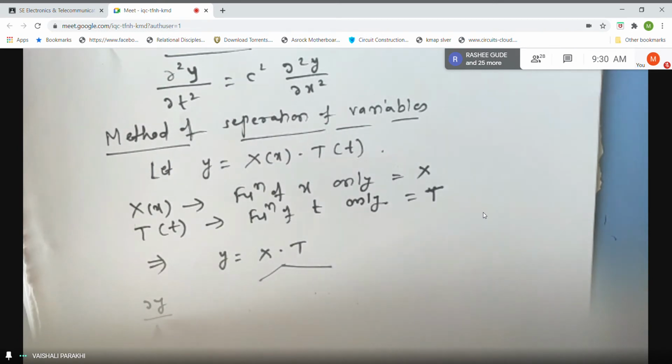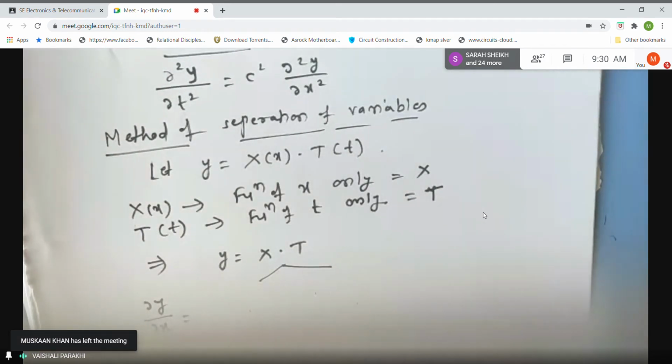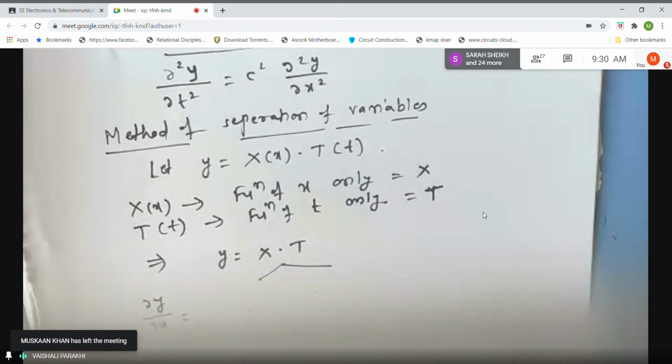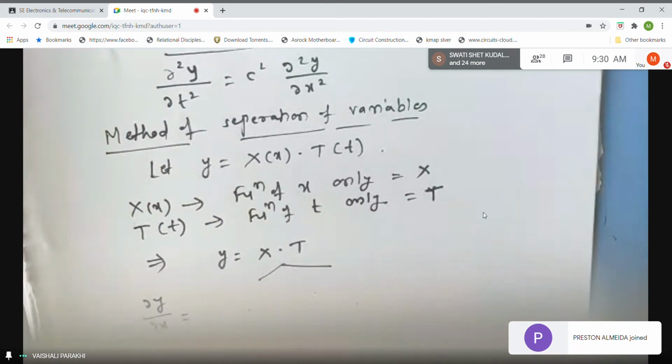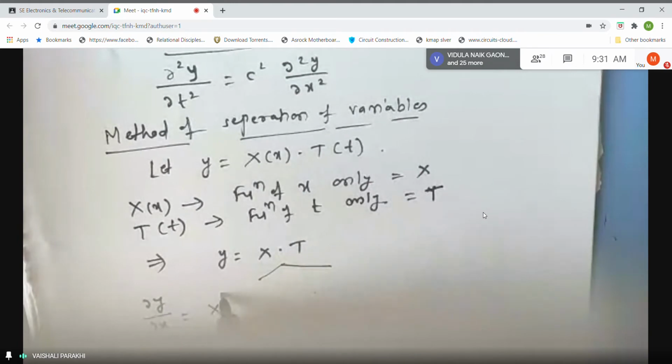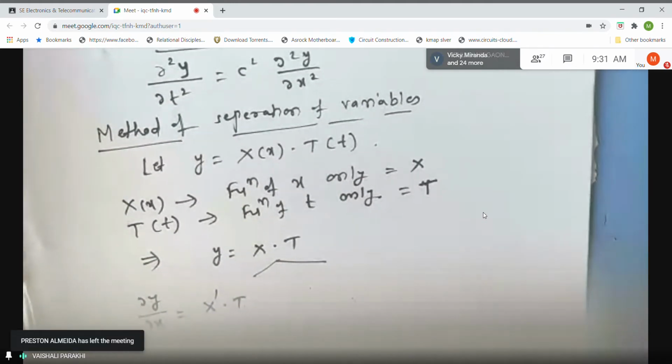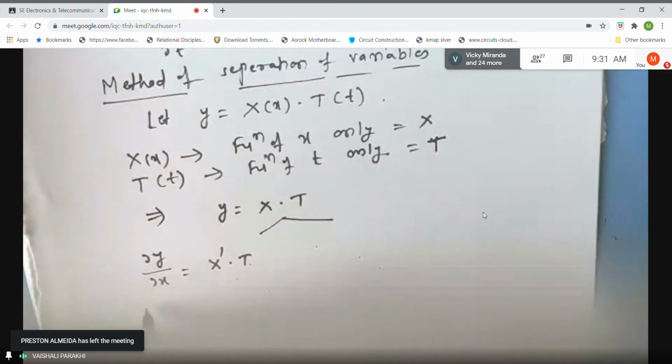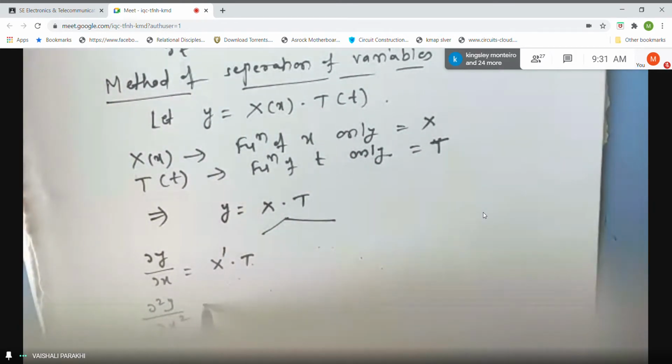So what will happen? What will be the role of t? Because you know that whenever you are finding partial differentiation with respect to something, that something is the variable and all other letters behave as constants, right? So with respect to x, when I am differentiating, t will behave as a constant and you are taking the derivative of X. So I am putting X dash for this. Similarly, if I go for the second order derivative of this, what will happen? Again, T will remain the same because T is a constant with respect to x, and then the derivative of X will come into the picture. So it will look like this.